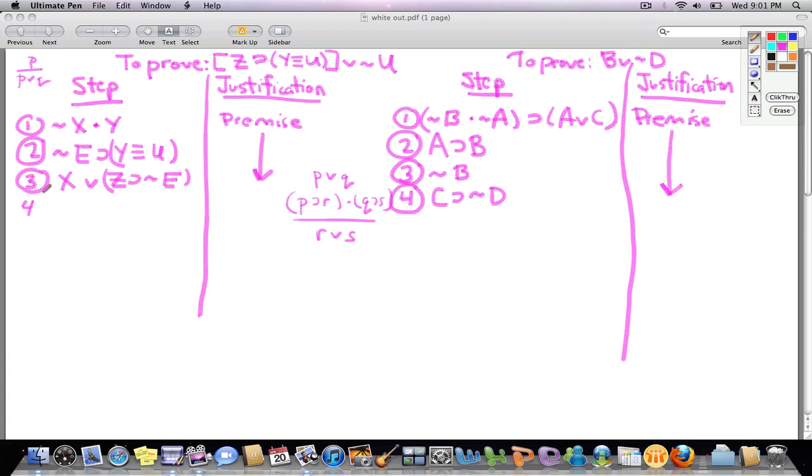Okay. I'm going to get my pen working here. Let's see if that does it. Sorry about that. Okay, so first step, not x. That's a simplification